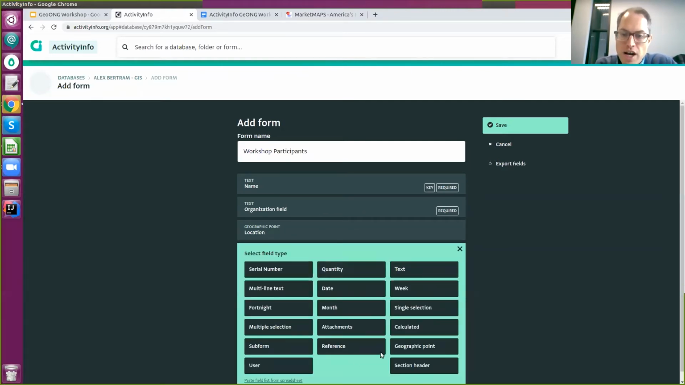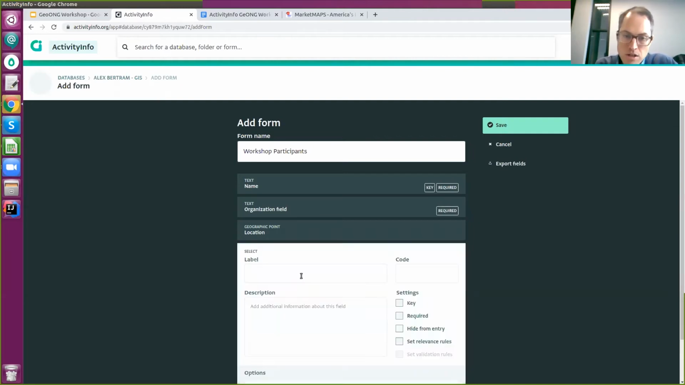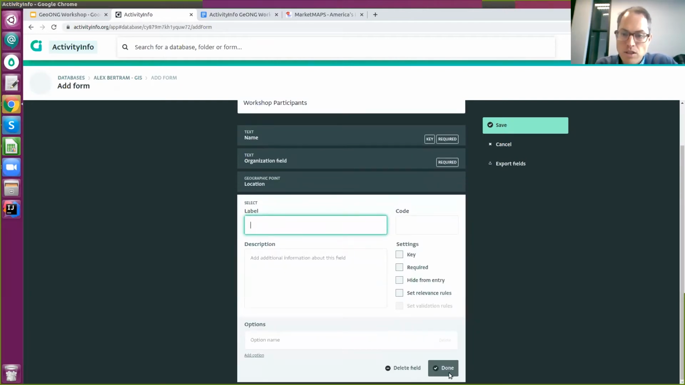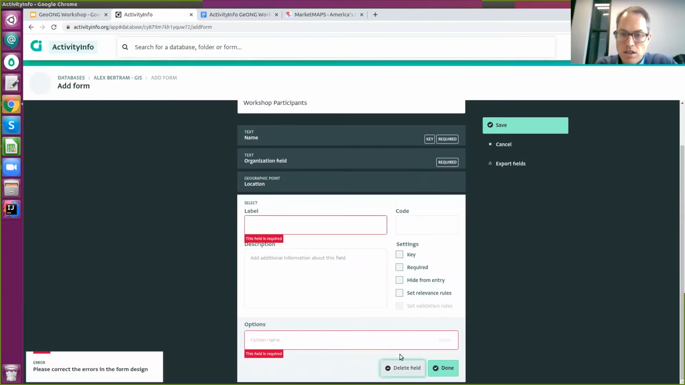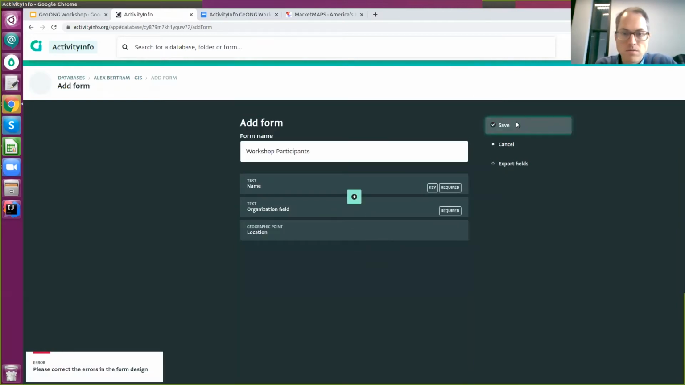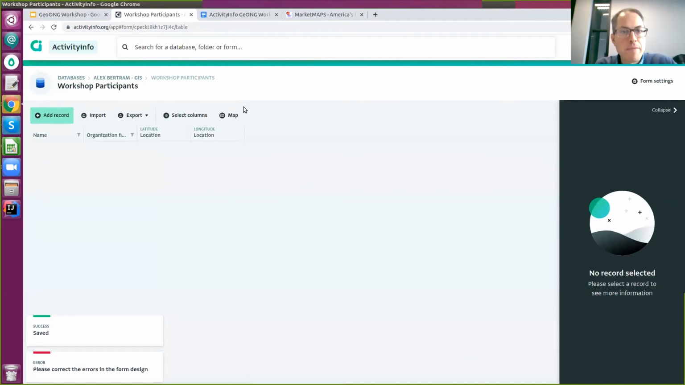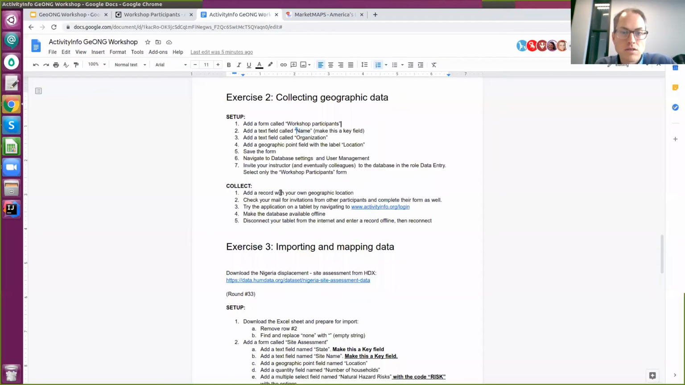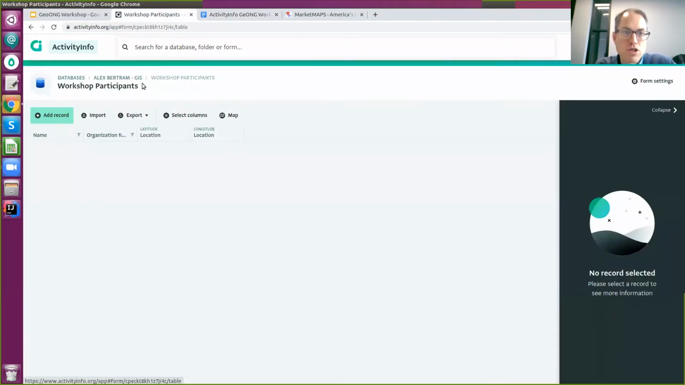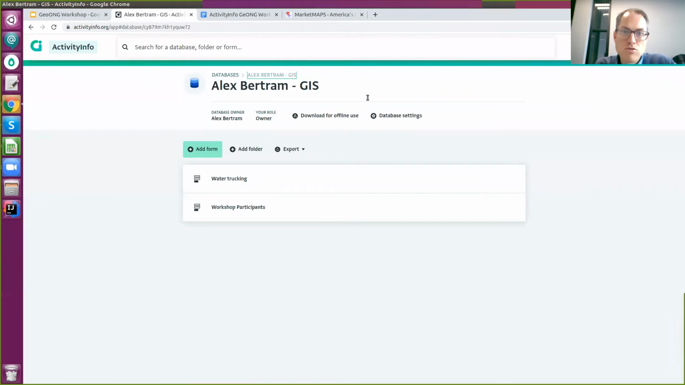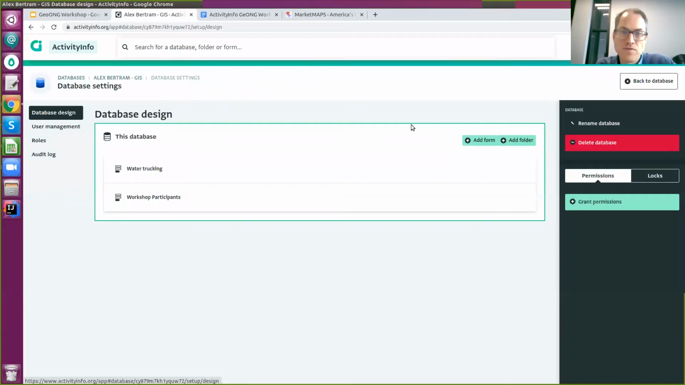All right, so we have our location. I'd encourage you to add an additional field here. You can see we have a number of options. I'll leave it there. Okay. So now we have a very simple structure again. But let's look at inviting users to your database. So if we go back to the database page here and then to database settings,